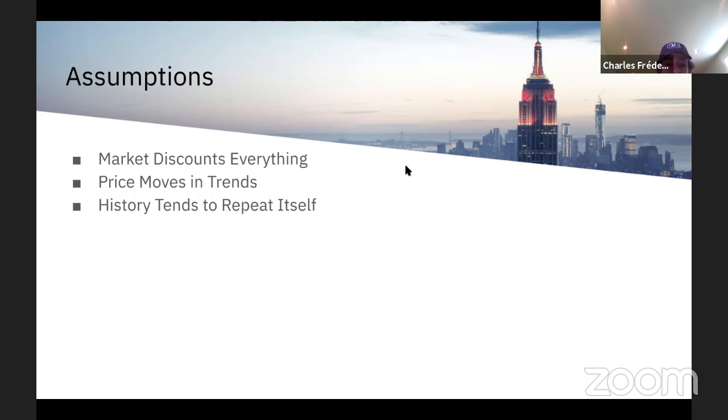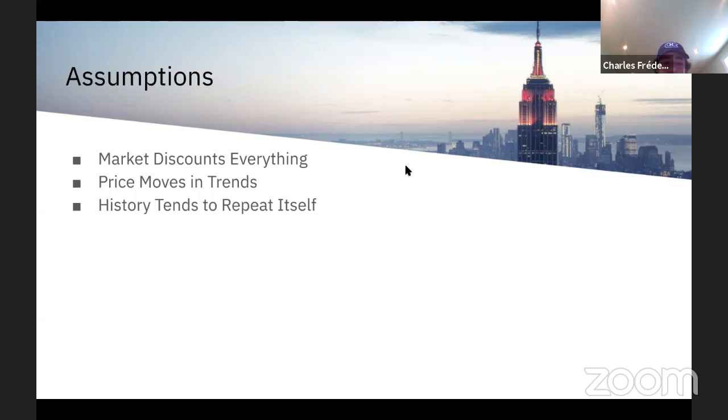Then they also look at price moves and trends. Technical analysts expect that prices, even in random market movements, will show trends regardless of any time frame being observed. Right now the stock market's not doing too well recently. It was doing good last week, but this week has mostly been going down. Right now the Dow Jones is down 0.5%, but the S&P's up. So it's not doing like it used to, but technical analysts still think there are trends in there. Most technical trading strategies are based on this assumption.